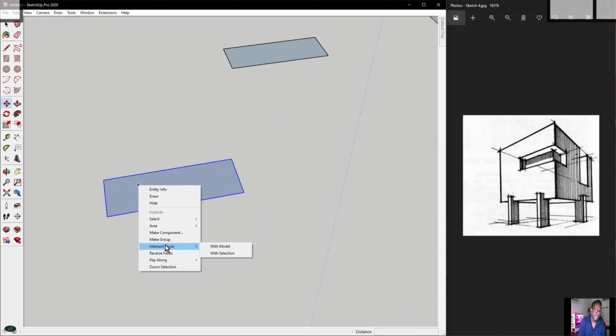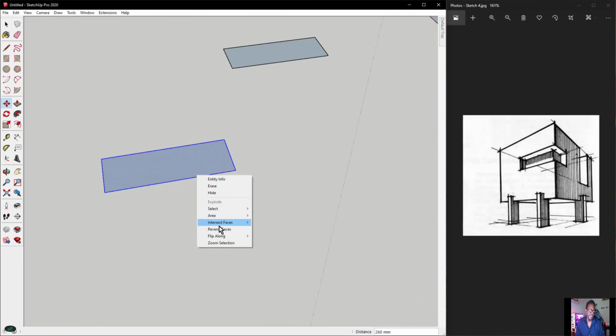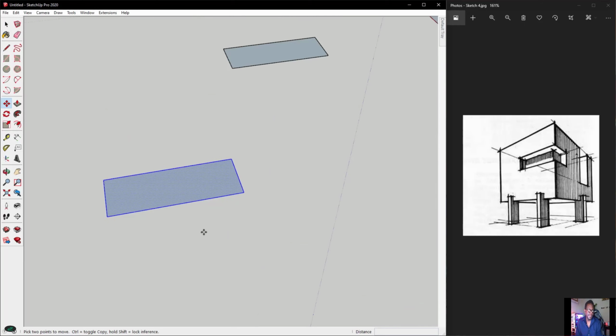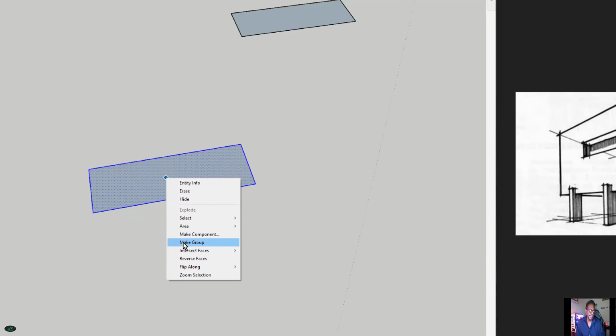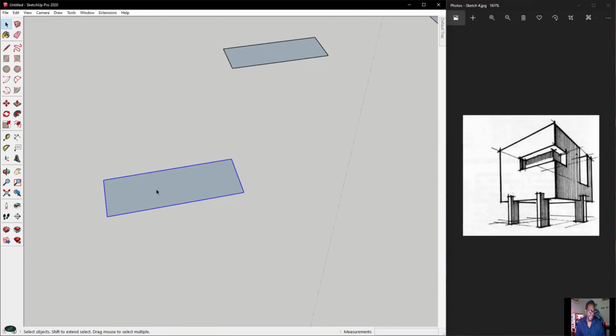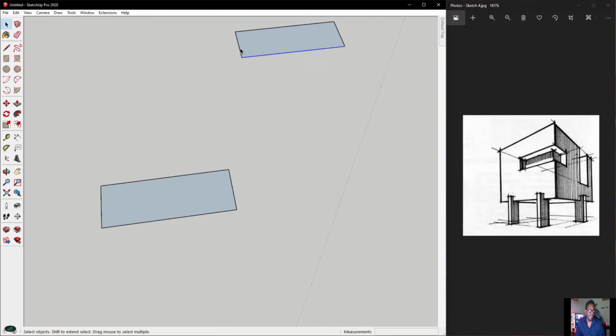You can have an object as a group, or you can have an object as a component. So again, if I right click, I get the option to make it a group or a component. Now I'm going to make this one a group, and now it's a group. So let me use my selection tool and deselect. If I click on this shape, the entire shape selects. This is my original over here, and if I click on it, notice that I'm still able to select one line,